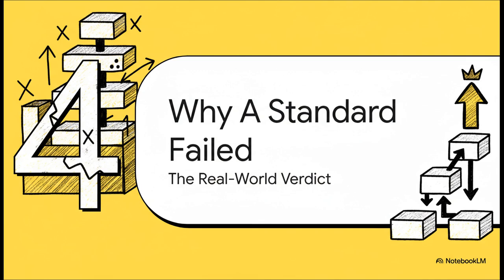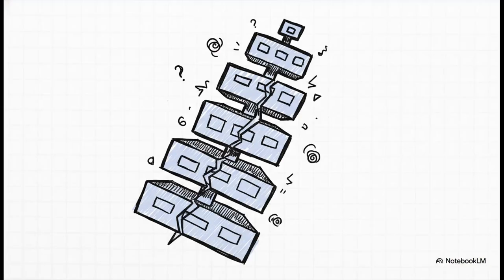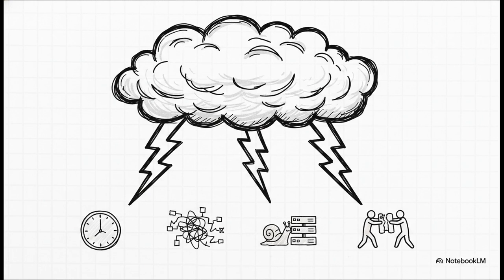So why? Why did this carefully designed, internationally backed standard, this blueprint for perfection, fail to take over the world? The thing is, it wasn't a single silver bullet. The story of OSI's fate is really a classic tale of pragmatism beating perfection. It was sealed by this perfect storm of issues that pretty much doomed it right from the start. It really came down to 4 key factors: bad timing, technology that was a bit too cumbersome, some really flawed implementations, and yeah, even a little bit of politics.